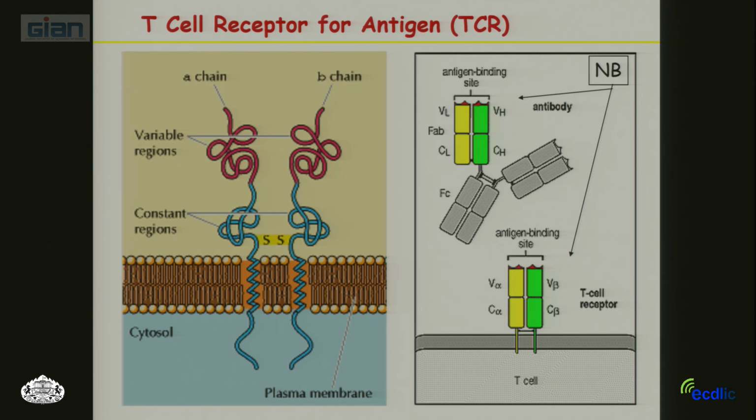dependent cellular cytotoxicity. So in case of T cell receptor, basically this portion is what you see here, which is an alpha beta variable chain and constant chain, and this is what is important for antigen recognition. So structurally, this Fab portion of an antibody is what a T cell receptor looks like. Okay? And in case of B cell receptor,